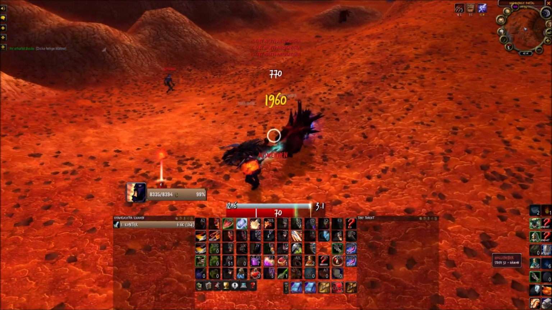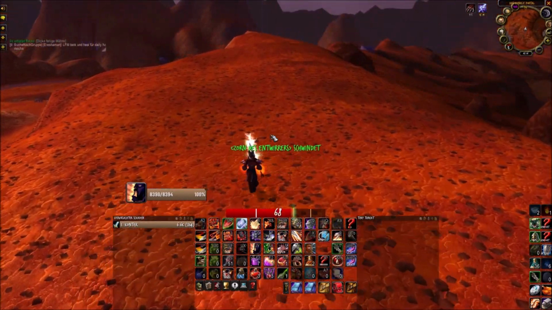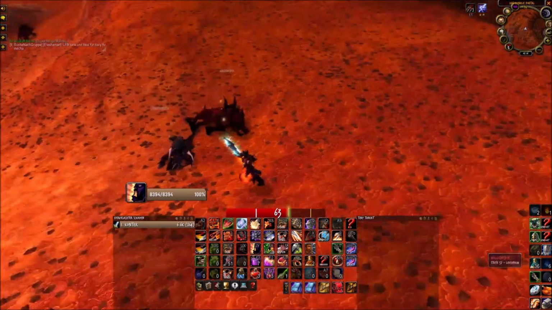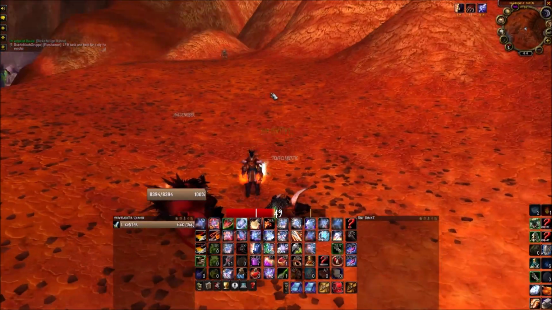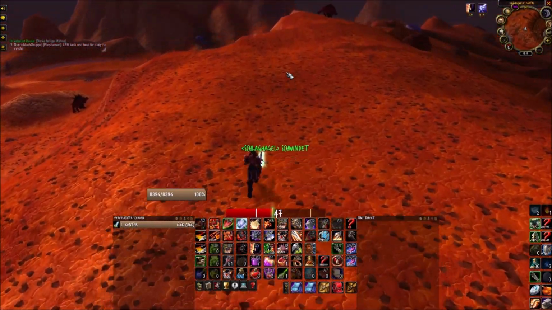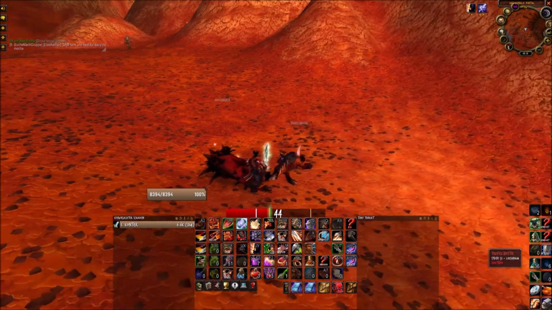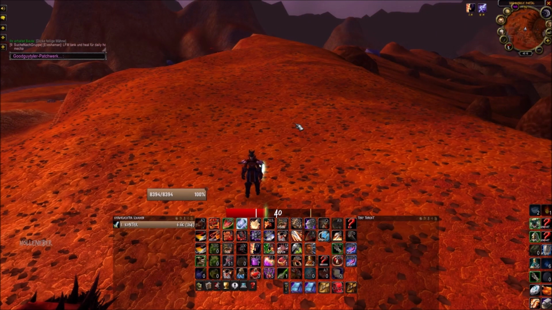For that you want to have a WeakAura. There is an add-on that is called WeakAuras. With this add-on you can make stuff like this. If you don't know what an add-on is, or if you don't know how to install them, you're going to pause the video right here and watch a guide on that, and install WeakAuras. And if you have installed WeakAuras, you go into your chat and you type in /WA,